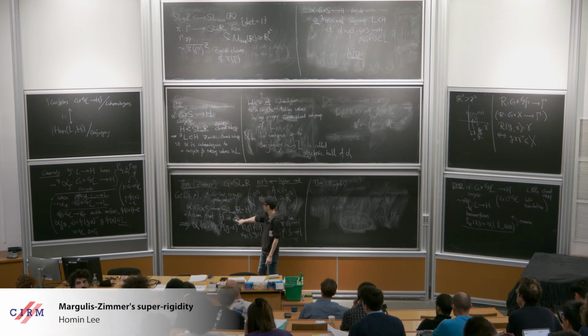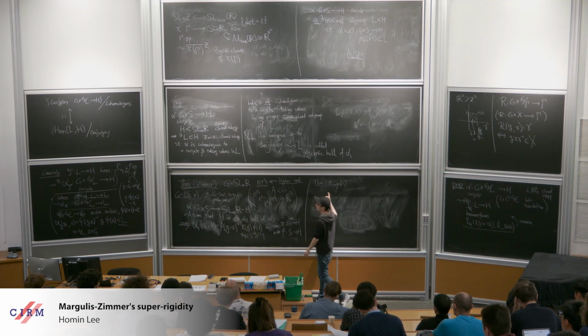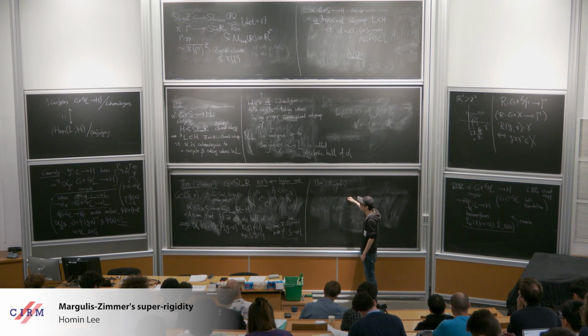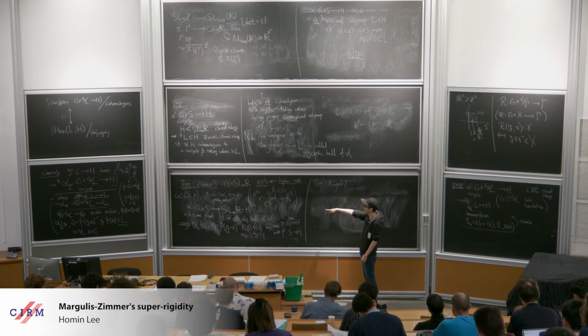Yeah, I assume that H is algebraic. The target alpha is already minimal, so somehow alpha is always Zariski dense. So I will state more about this. I will start from here later, but let me just write down the statement so that you can see some